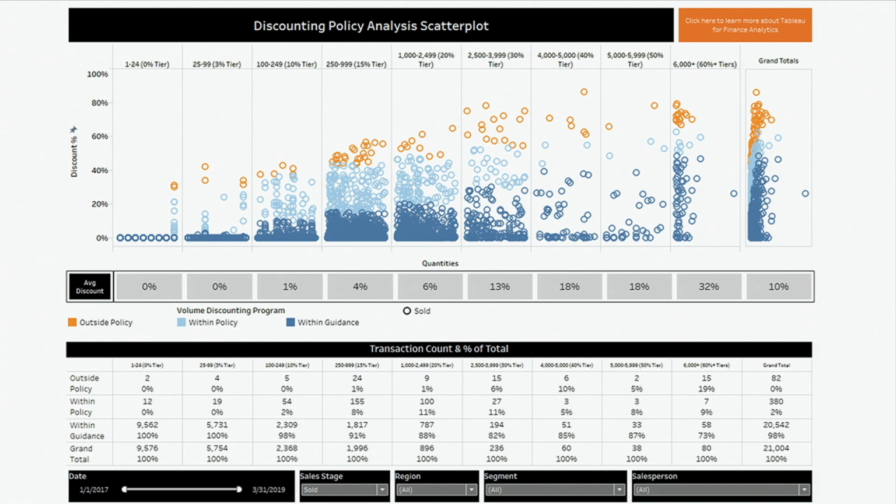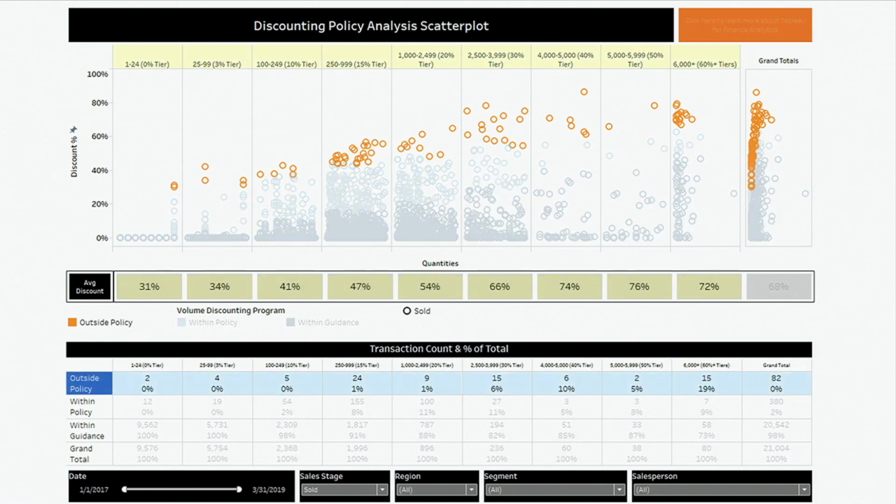And it's not just a static set of tables and KPIs, though. We can interact with that, right? So if I select one of the rows, like I really care more about what's the average discount of a sale that's outside of my policies. I like that the average in general looks healthy, but I really want to know what those outliers are doing. So when I select the group that's out of policy down in the crosstab below, my average discount automatically updates. We really get a much better feel for how much value we might be giving away in some of these